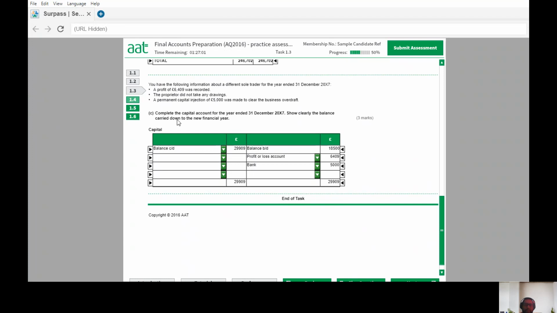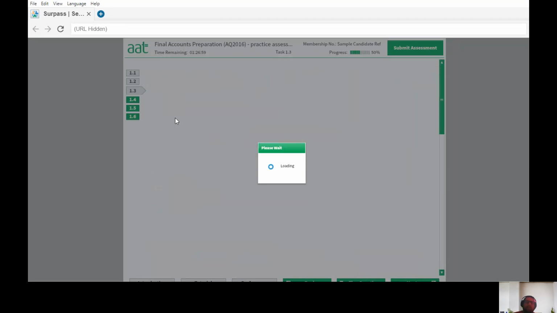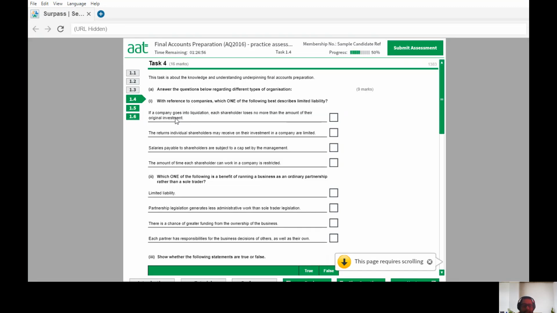Now let's move on to question number 1.4. This task is about the knowledge and understanding underpinning final accounts preparation. Answer the questions below regarding different types of organizations. So you have to have some sort of theoretical understanding of these questions. The first one they're talking about, with reference to companies,